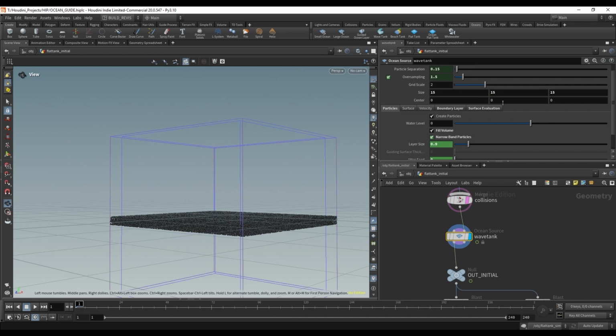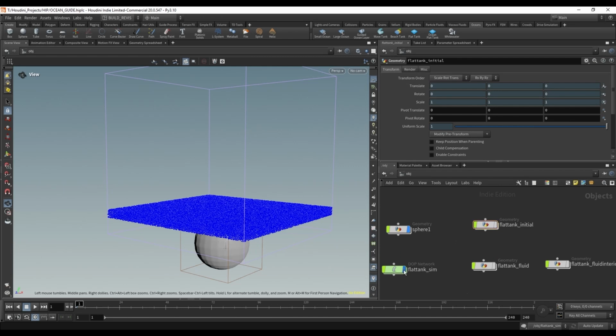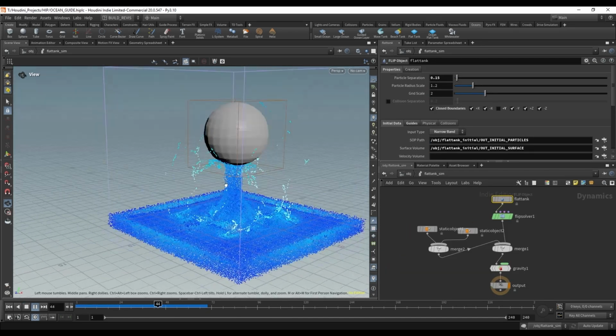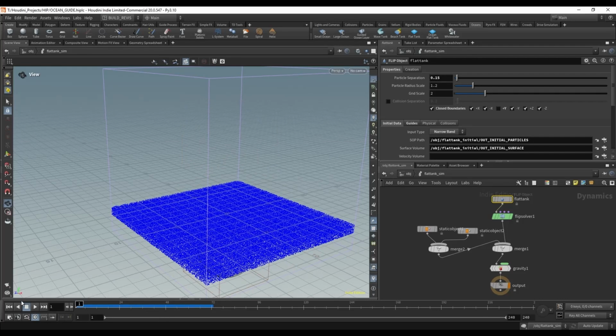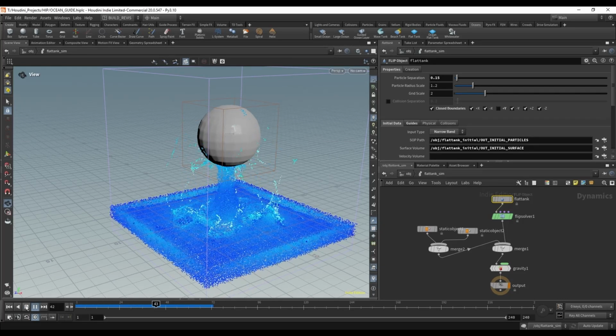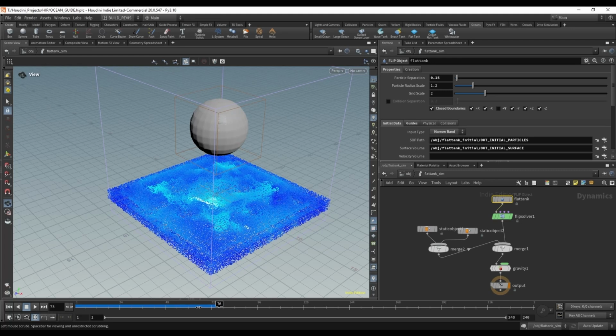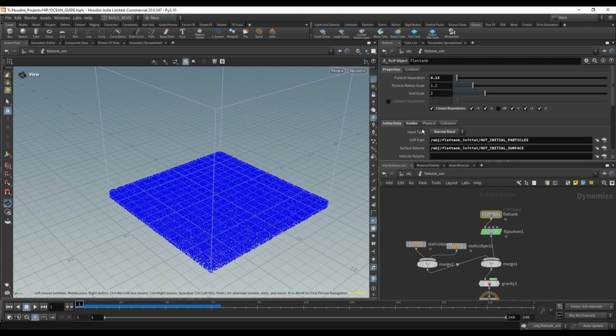Increase its size to about 15 on Y and move it up by 7.5, or a little bit less, 5, something like that. Back in here, and that'll work quite nicely. So this is how you might go about setting up a tank. And it's pretty straightforward, right? With this, what you can do is mesh this out, and some of the settings over here